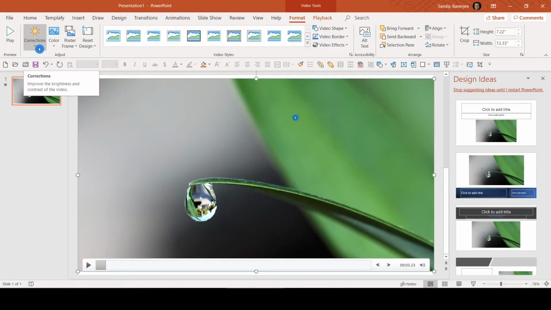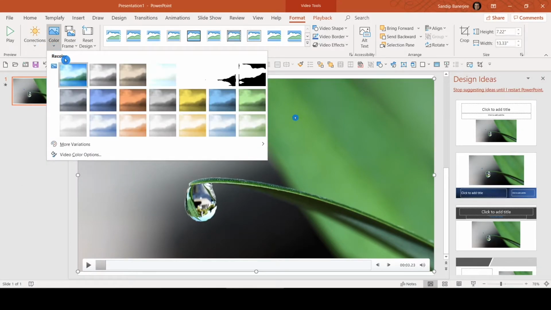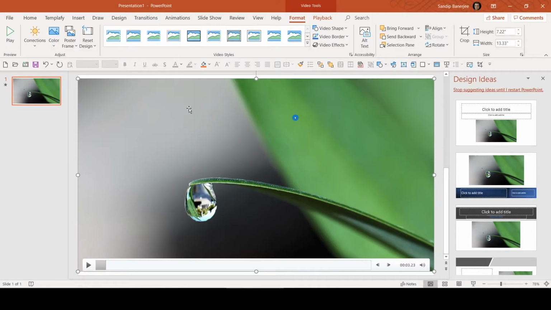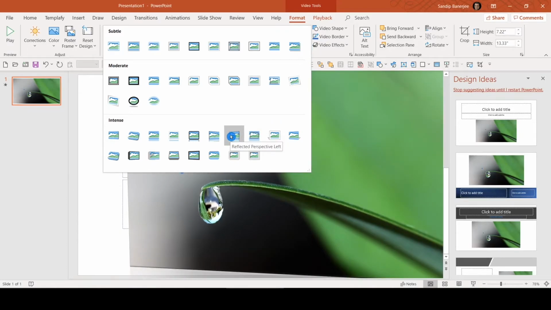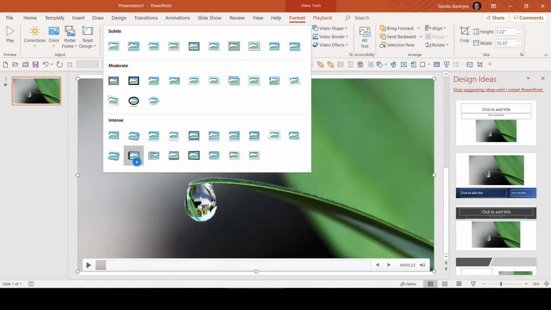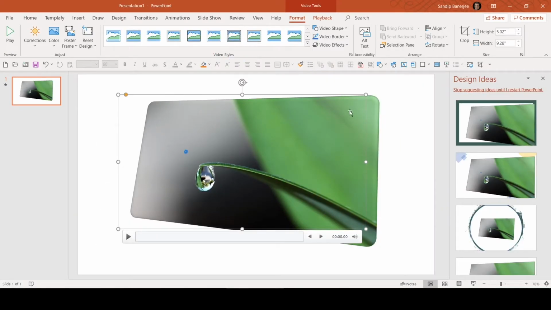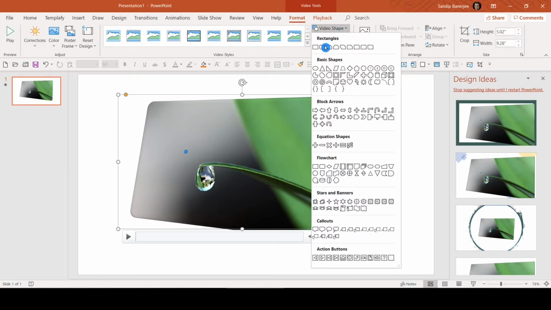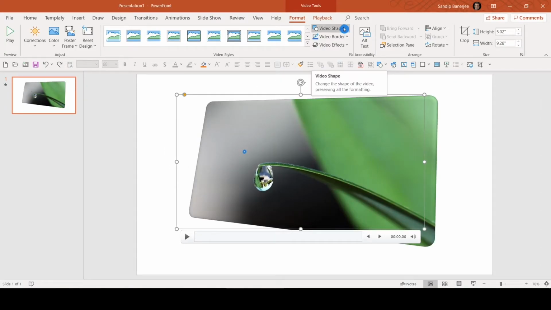Now, the second thing is that there is certain color correction you can do, and you can also check the color on the different presets and other things. There are certain frames also available here. You can select any of them so that your video will be visible in that way. Let me select any of them, maybe this fancy one. Now this is the frame I worked on. There are different video shapes also. If you select any of them, then your video also will change in that way. Maybe I'll press Ctrl Z for now. You can check as per your requirement.